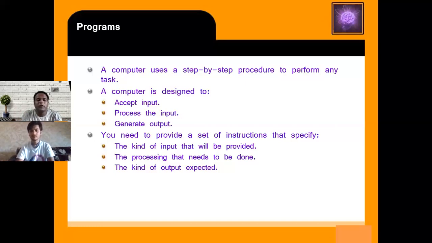Suppose you are making tea. There is a particular time for the processing, for boiling the tea leaves and the milk. If that time is exceeded, then you are not getting the proper tea. It means what happened? Maybe you are getting burnt tea if the time is exceeded. So that is not the expected output. So everything is dependent upon your input and the processing. The processing should be correct. If it is correct, you get your output. Clear? Yes, sir.